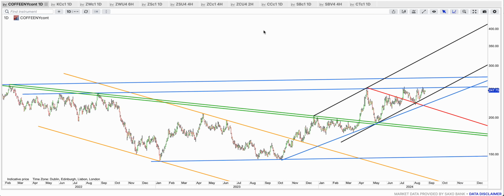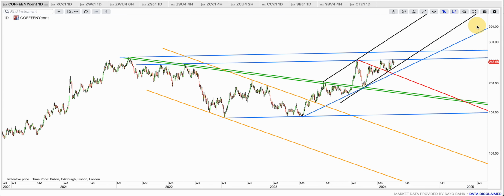Okay, agriculture is coffee. We are long coffee initially from 196 right here. Then we sold it at 247. We came down, we bought it at 223. There was a gap fill here, that red support, the black support, kind of a triple support here. We closed half at 247 again, but it's still holding the remaining long because this blue resistance, which is at